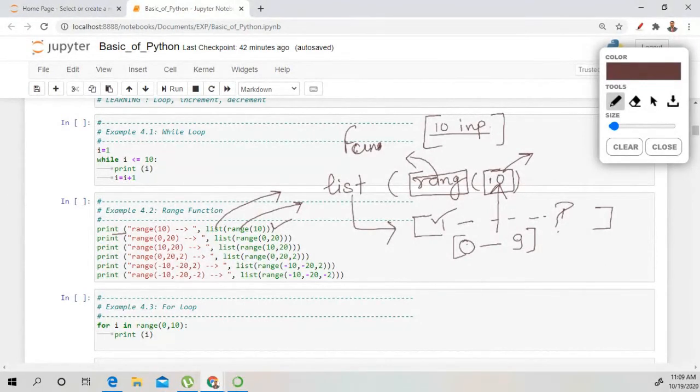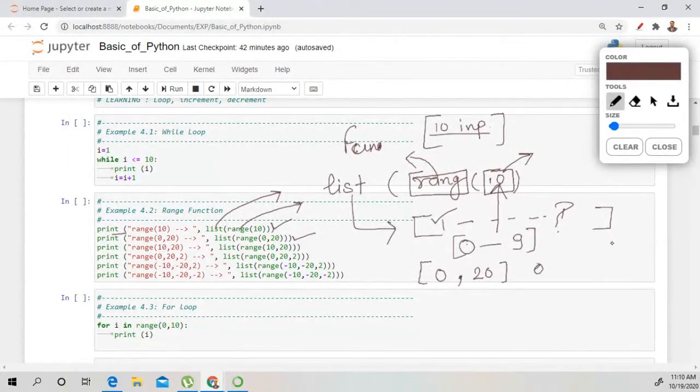Any doubt till now? So now let's take a look at the second statement. List range 0, 20. The range is from 0 to 20. So what is the output for this second statement? 0 to 19.